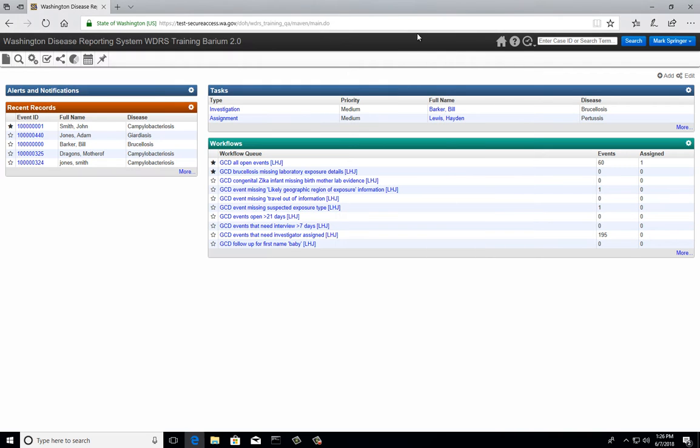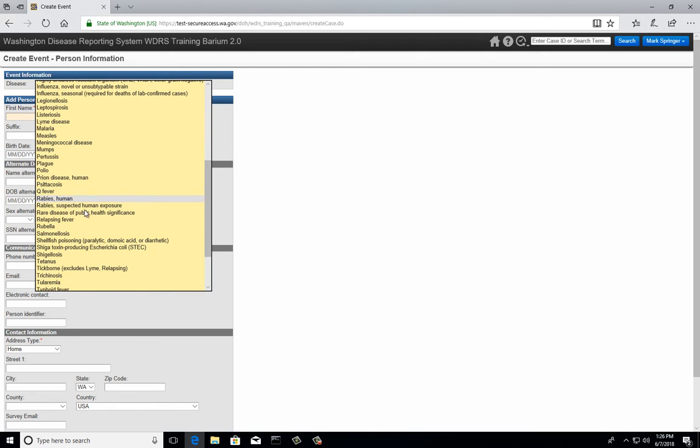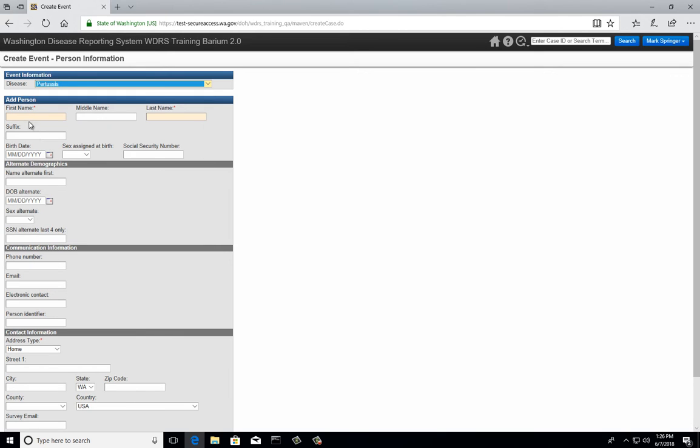So now I'm going to close that, and I'm going to go to the Create Event button. And I'm going to get this screen here, and it's important to put as much information here as you can. So we're going to put this as a pertussis. Let's find that. We've got a Patrick Smith,